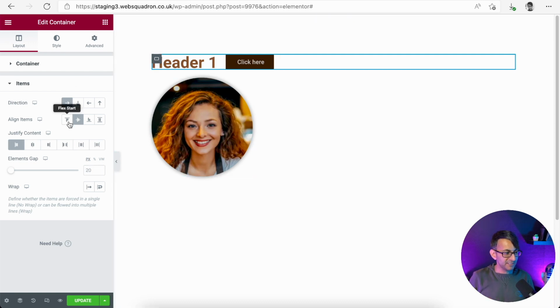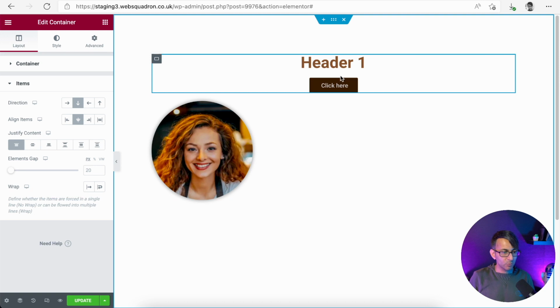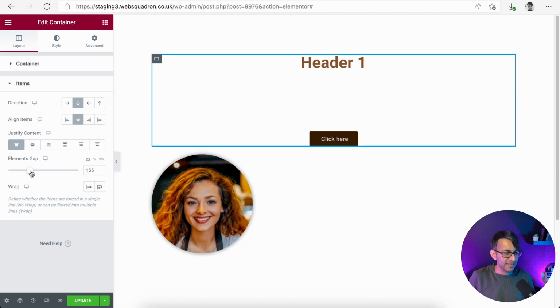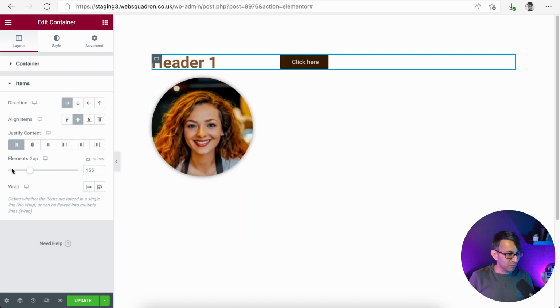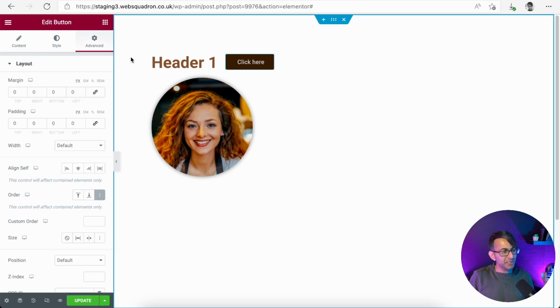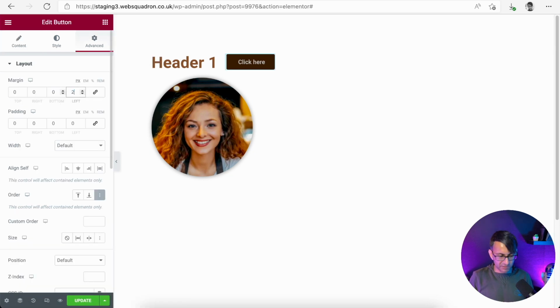If I go back into container and make this a column, we normally always had like a 20 pixel default spacing. When you messed around with it, you could change your spacing. Well, if you now switch to row, you can now do that here as well. So before in the past, if you had a button next to a container, you would go to your button and you would say, oh, we need to give it about 20 pixel difference. You can now start to make it very consistent in how you apply that evenly across the patch.